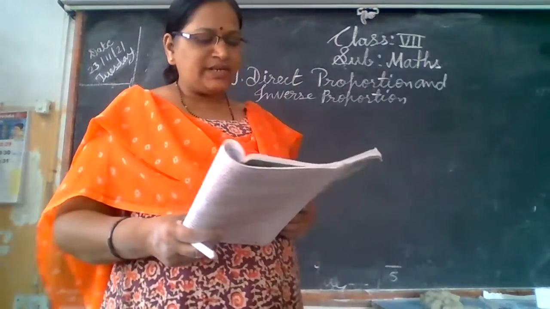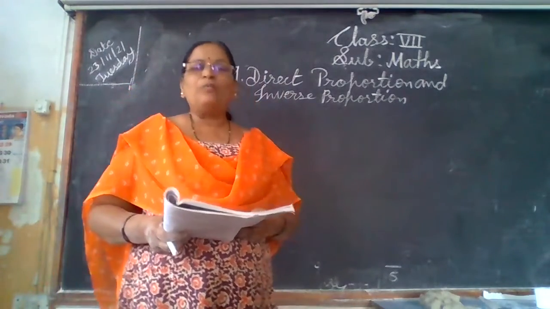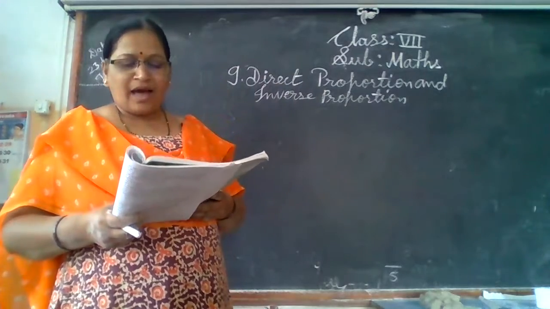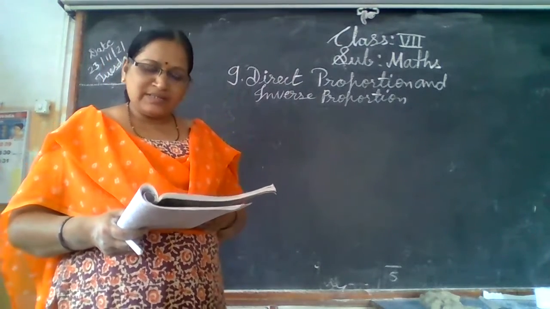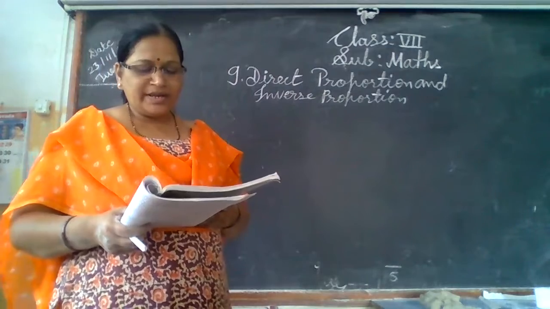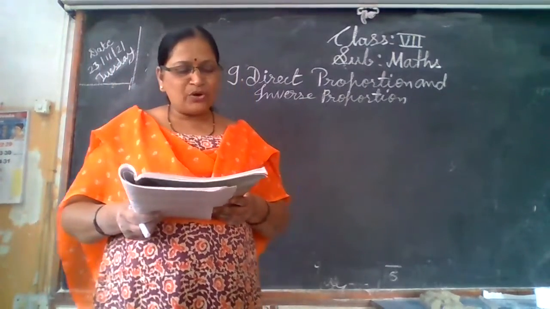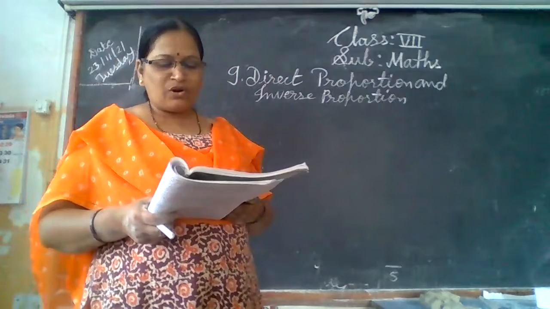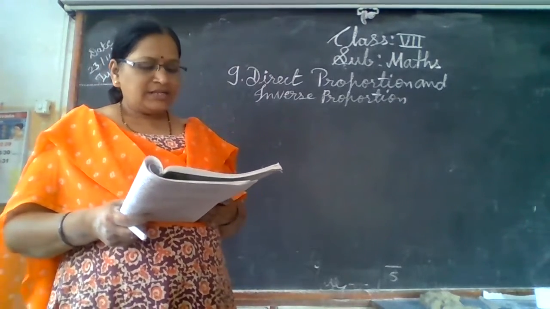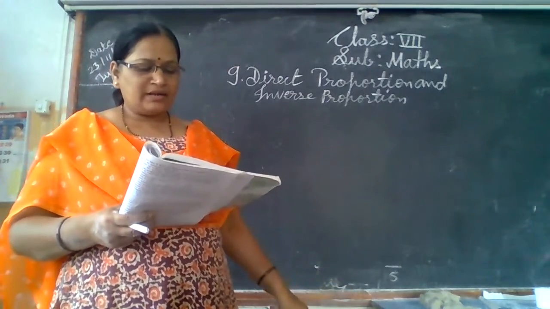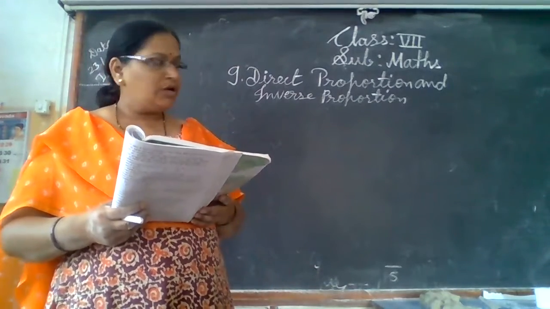See what is given in the next. If the number of volunteers decreases, more days are required. If the number of volunteers increases, fewer days are required for the job. However, the product of the number of days and number of volunteers remains constant. We say that these numbers are in inverse proportion.